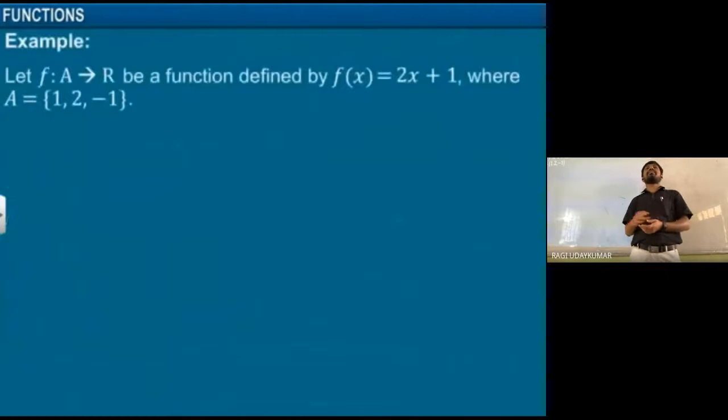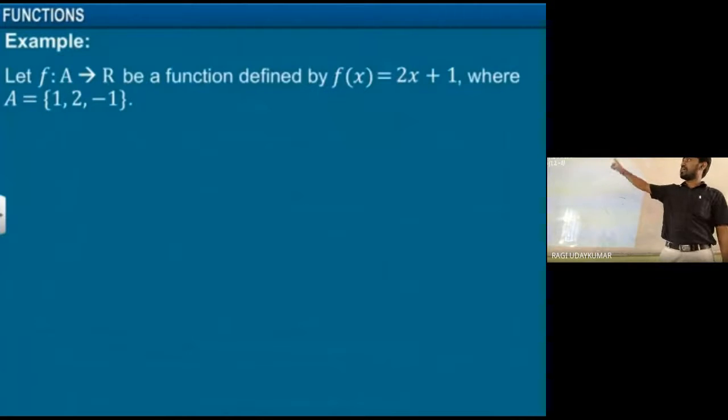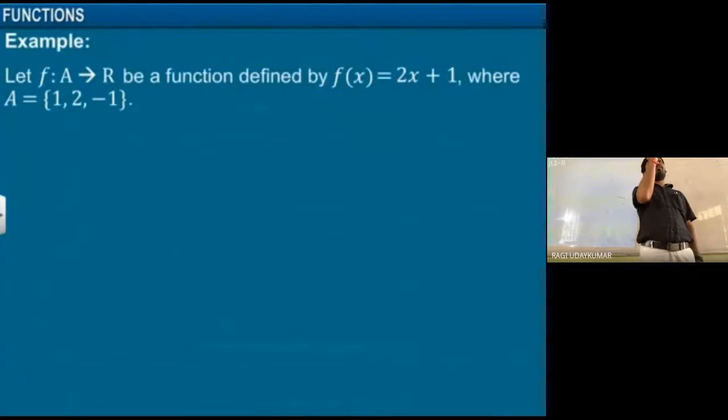So let us see one example. Let f be a function defined from A to R. We read it as a function, जैसे relation कैसे बोलते हैं the same way, A to R. And compulsorily do remember that without domain and codomain a function cannot be set. Sometimes if you don't say that, it may become a function, it may not be a function.